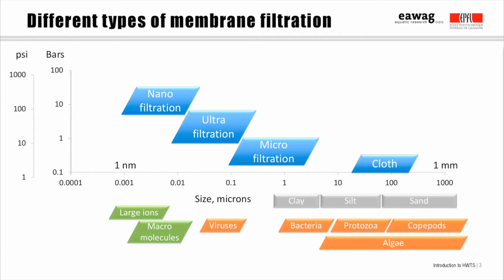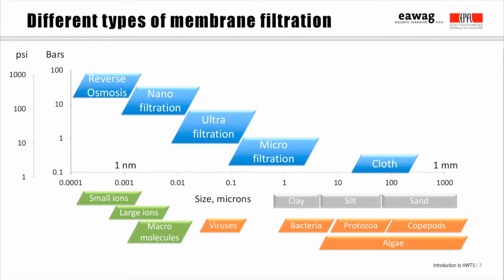Nanofiltration membranes go from about 1 to 10 nanometers, so they should completely exclude all pathogens, including viruses, as well as larger molecules having molecular masses from about 200 to 1,000 daltons. Divalent metal cations like magnesium, which cause hardness in water, can also be excluded by nanofiltration due to electrostatic effects. So these membranes are often used for water softening. Operating pressures can go up to about 10 or 15 bar.